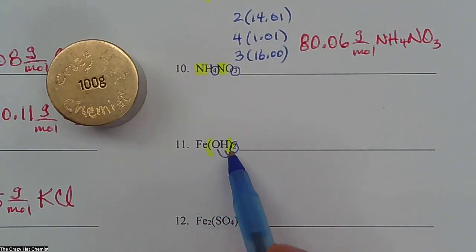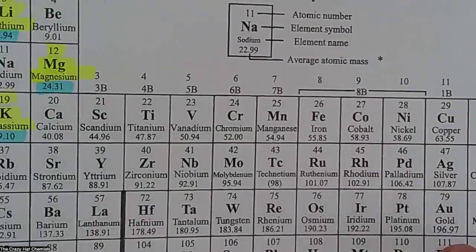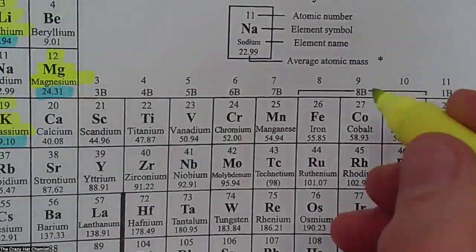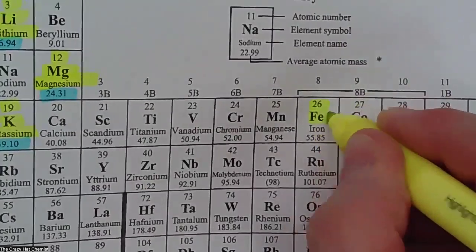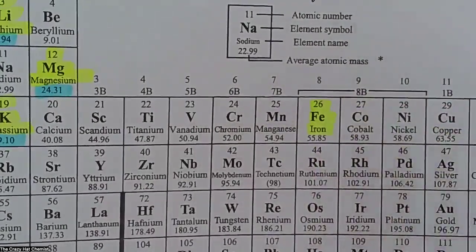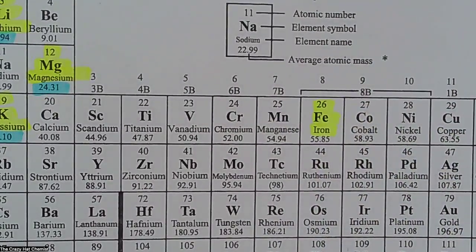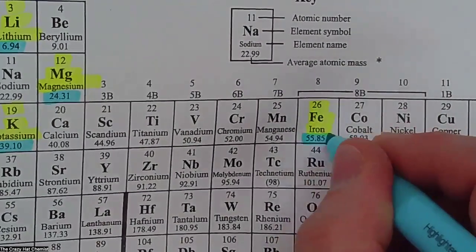How many oxygens? 2, because it's inside the parentheses, and the 2 distributes. How many hydrogens? 2, for the same reason. First we need to find iron on our periodic table, and it is right here, element number 26, that's Fe for iron. We did this at the front of this worksheet with the definitions, and the molar mass for iron is